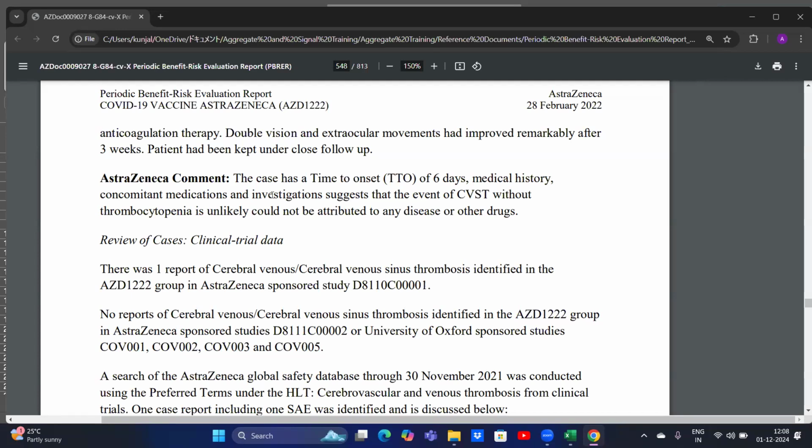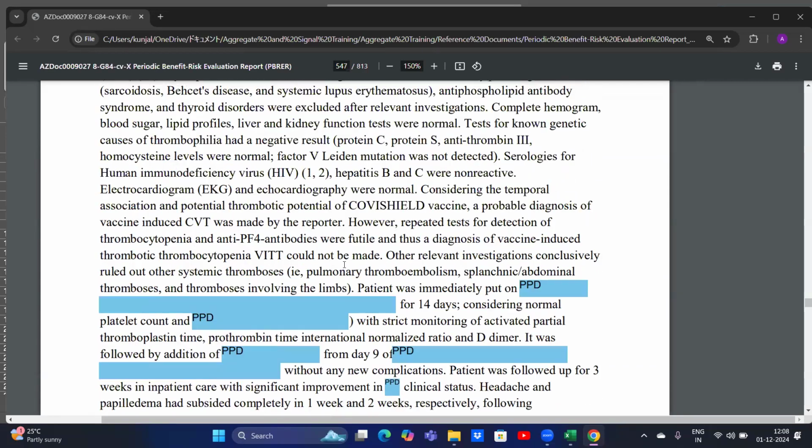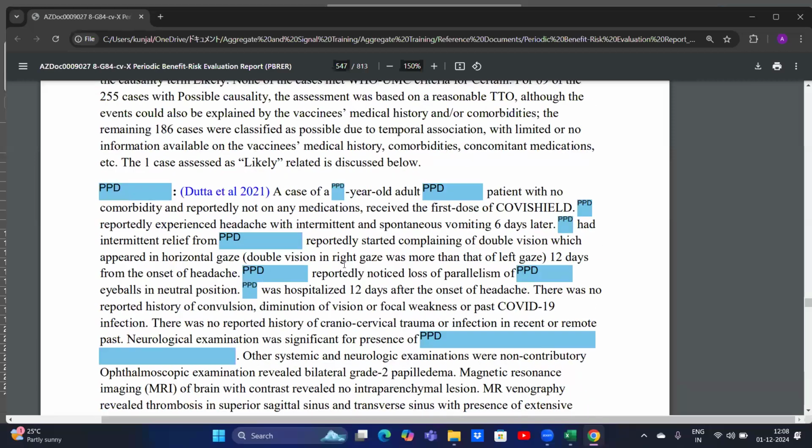But before giving this comment, you have to give a cumulative analysis. By cumulative analysis, I mean the cases which are fetched during the reporting interval. So that bucketing which you are doing, you will do that bucketing, and then you will provide the data based on that bucketing. Out of these many cases, these were there. Since this is a literature case, so they have given a